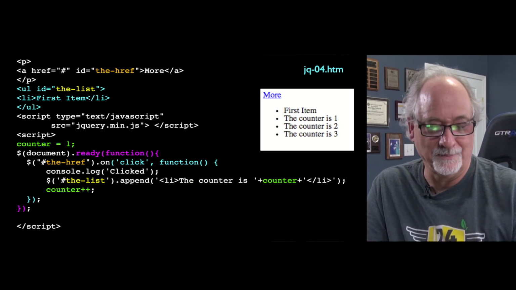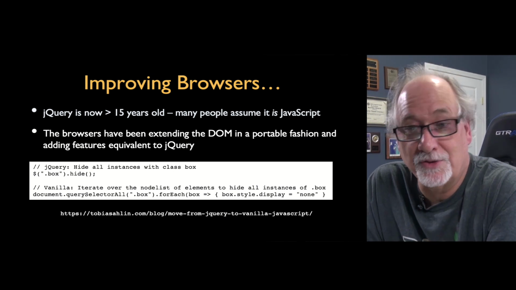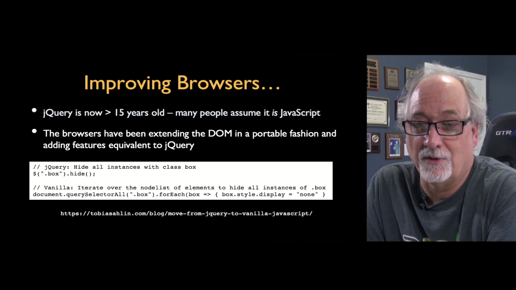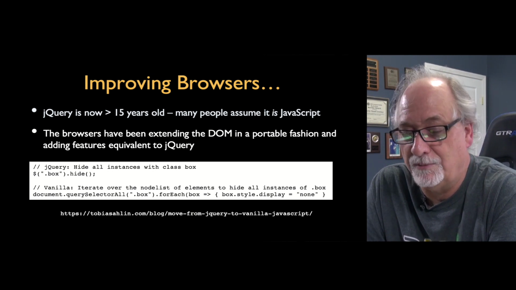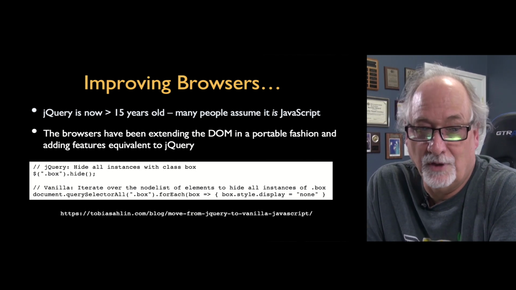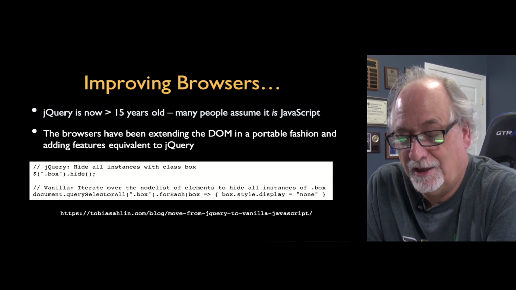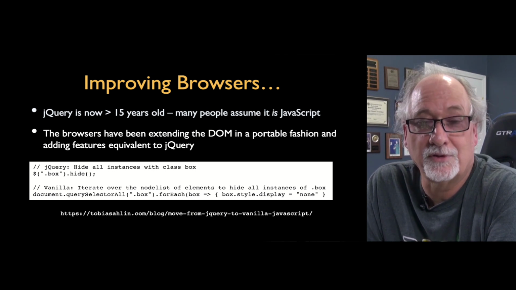Just amazing to me. Now, in 2005, the browsers were kind of a mess. Their document object models were all different. When we would write JavaScript, the stuff would break, and they would release a new browser, and it would break. jQuery has been around almost 15 years now, and it's been around so long that a lot of people did not know what life was like before jQuery,